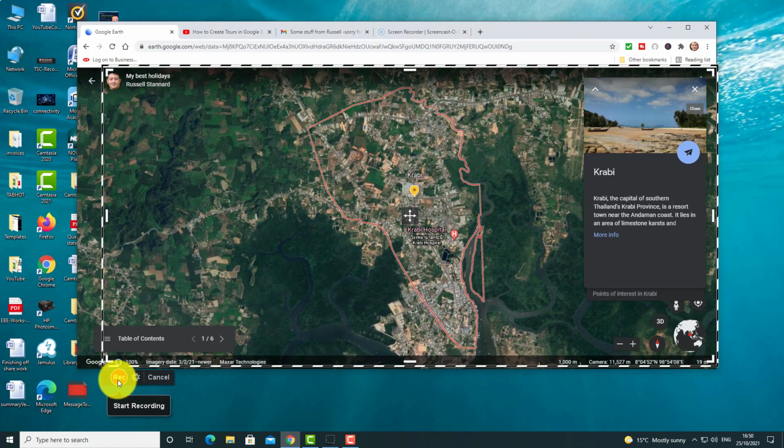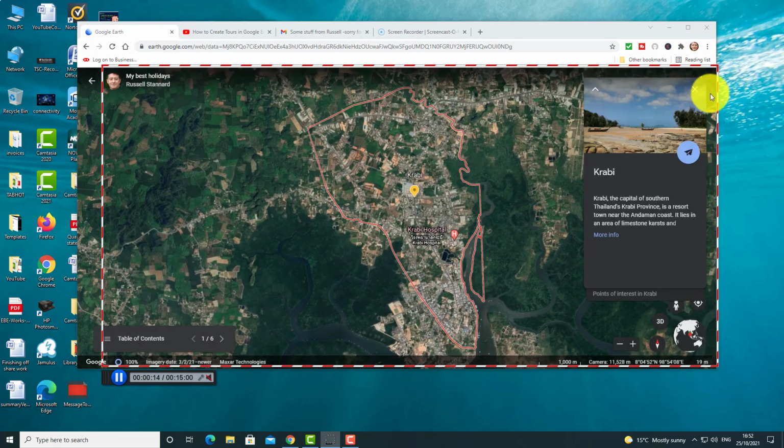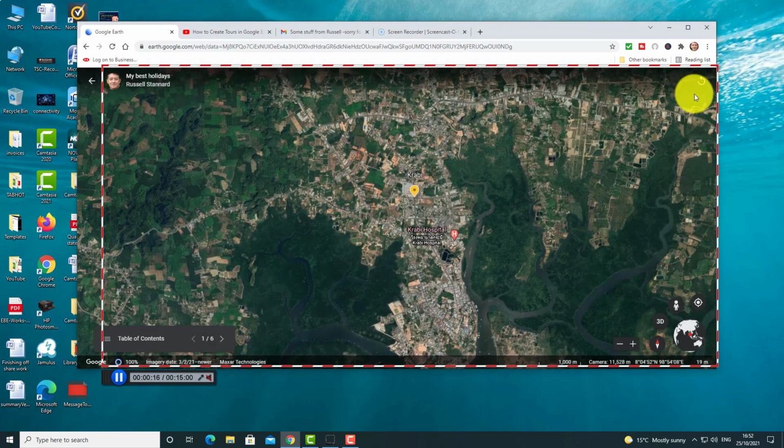So let's pretend I'm a student. I'm doing my recording. I'm going to present two places I have travelled to in the past that I really like. The first one I'm presenting to you is Krabi. Krabi is in Thailand. It's a beautiful area with wonderful limestone formations, and if I click here on the first